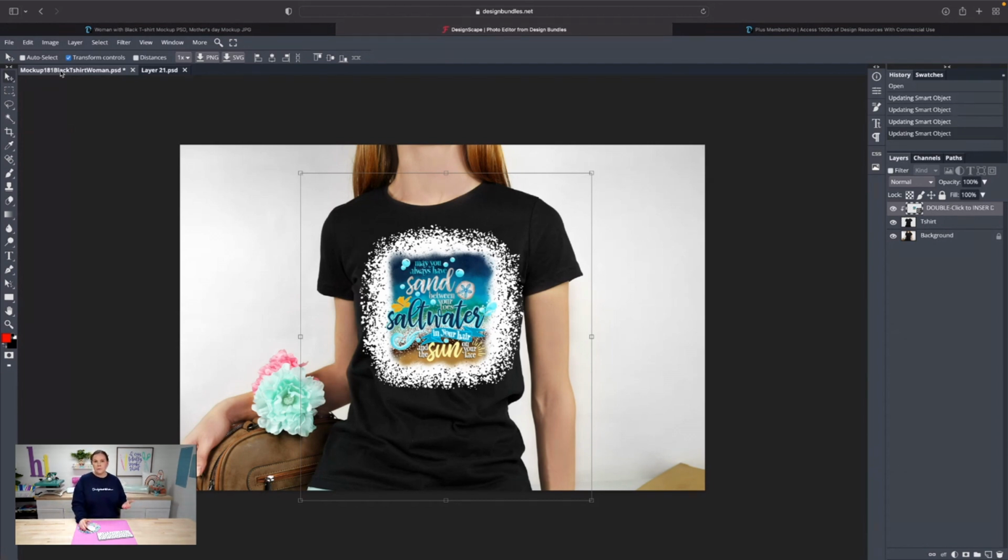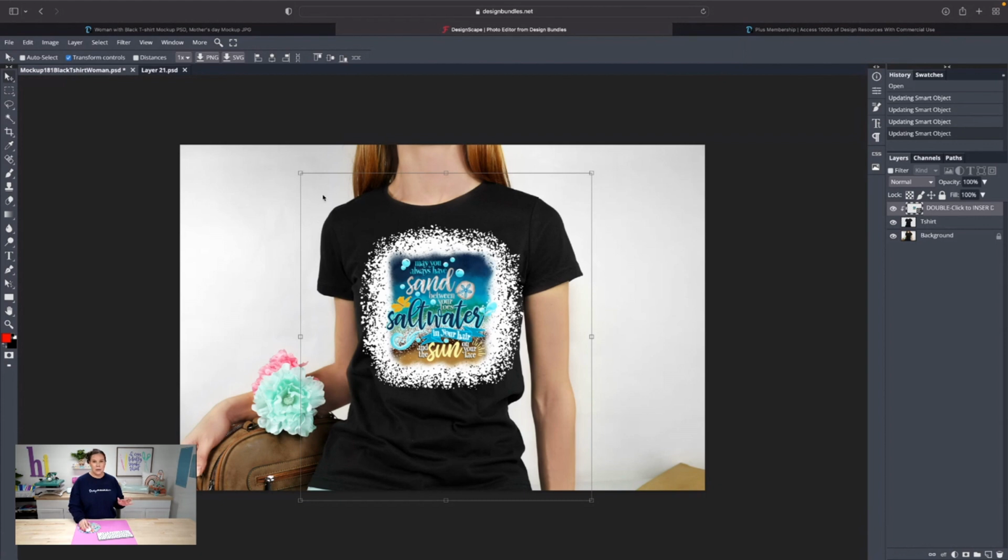Now, say, for example, that I was going to have that bleach effect a pink or whatever it may be, or maybe even a glitter. I could change those colors as well and just have that file and print it out. So that way it prints with that bleach effect in the background. So I'll go ahead and show you both of what I'm talking about here.